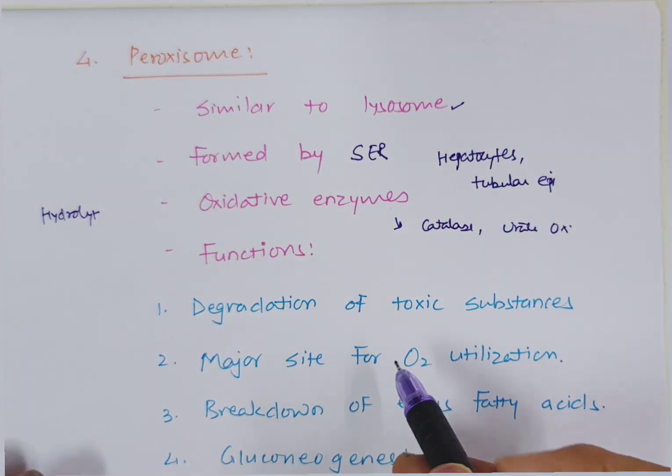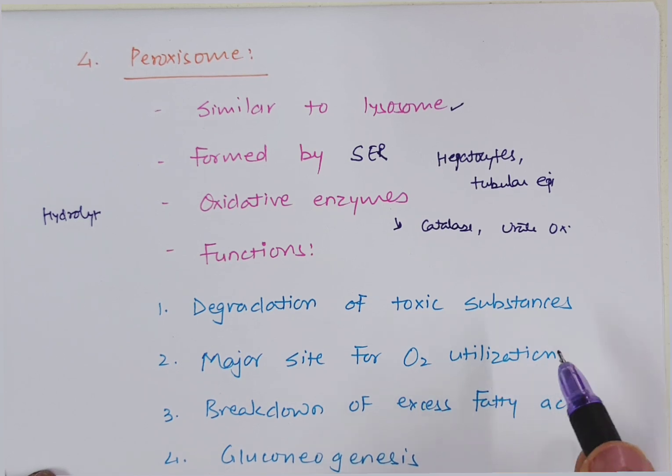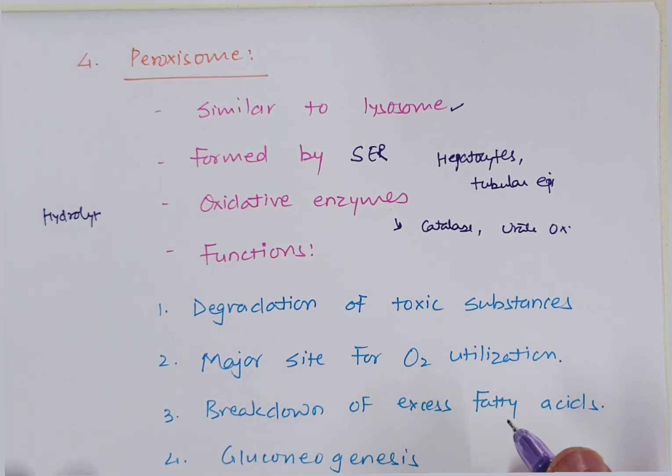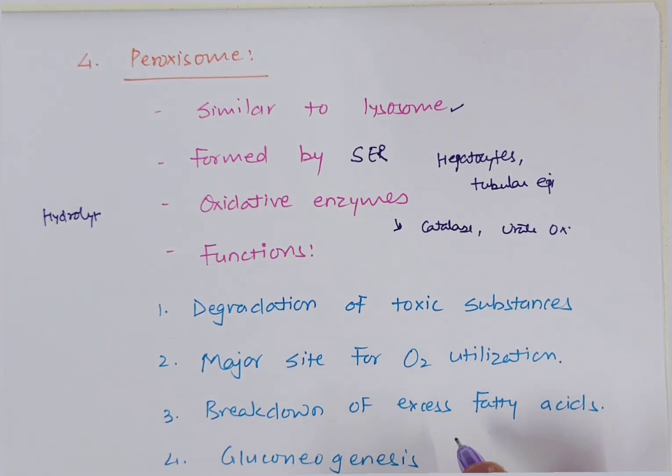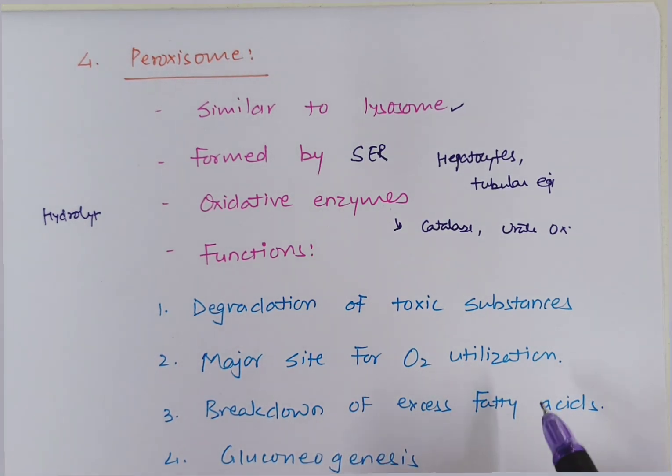Now, what are the functions of peroxisome? Number one, they degrade toxic substances. Which are the toxic substances degraded? Mainly toxic substances like hydrogen peroxide or metabolic waste products. That is one function. Second, they are the major site for oxygen utilization, because oxidative enzymes are there, so they require oxygen. Third, that is